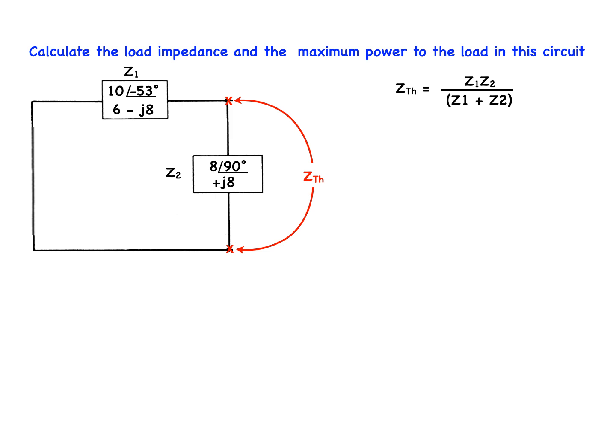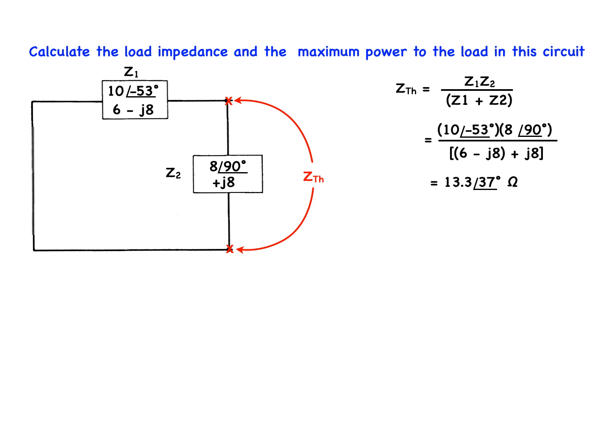Plugging in our values, we get 10 at 53 degrees times 8 at 90 degrees divided by 6 minus J8 plus J8. Z1 and Z2 are given in both polar and rectangular coordinate values, which, after reducing the fraction, we get